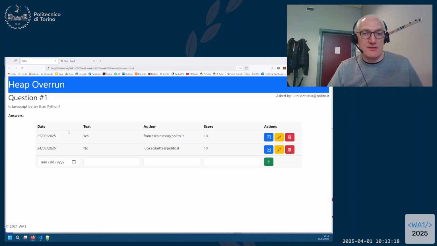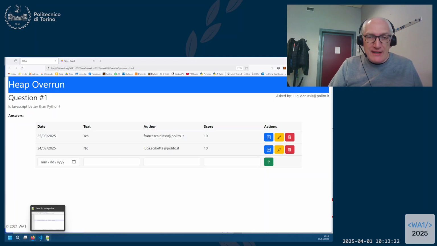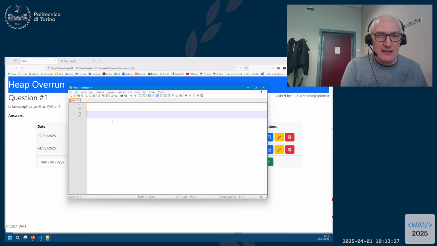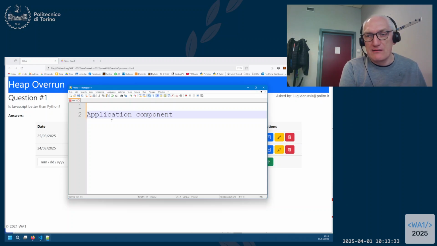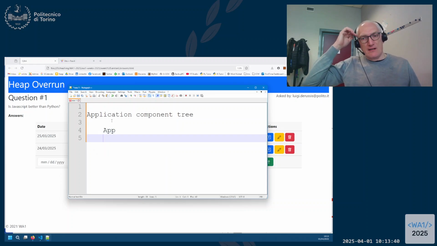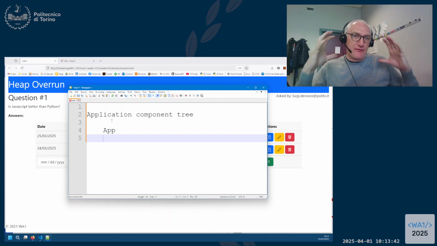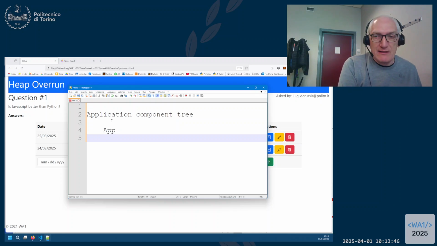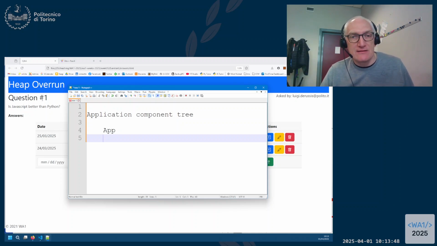We can decide the tree and the name of these components. So what we can do is to start with the application component tree. We know that it all starts with App. App will generate the full page, the full application, and then we need to decide